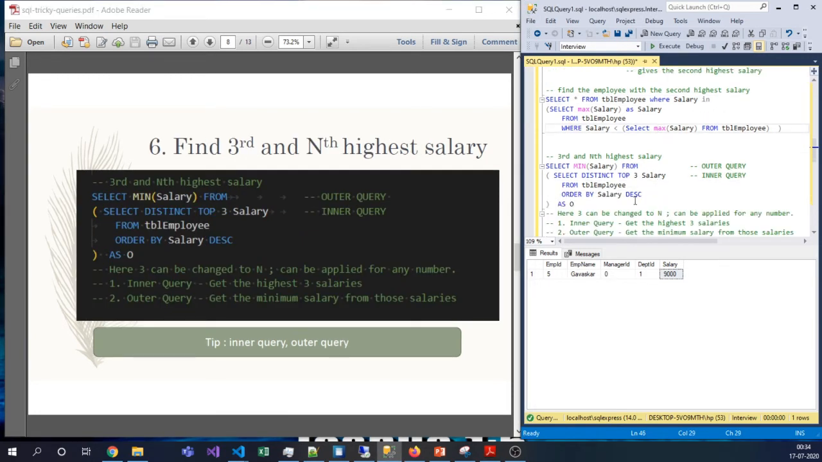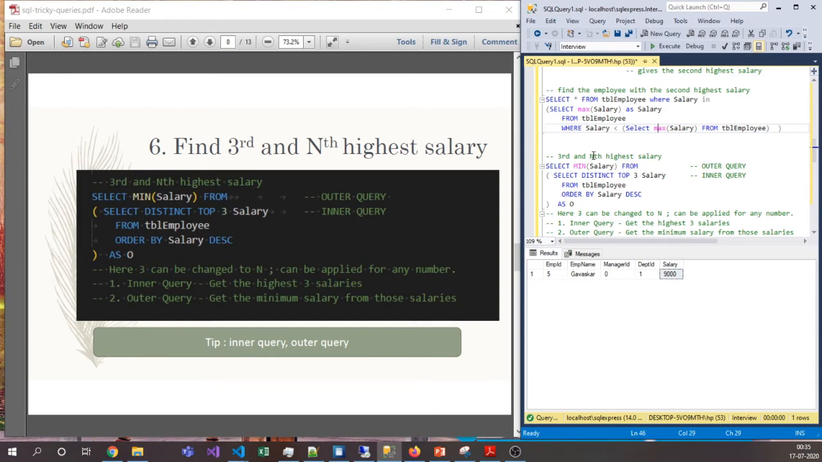It's again one step more challenging or complicated than the previous one. So we found the second highest salary, but sometimes the interviewers know that people will mug up the second highest salary query, so they will come up with finding a third highest salary or fourth highest salary. To find the third or any number, like a fourth or fifth or sixth, there is an easy way or logic. So this query will help us to find third highest salary or fourth highest salary or fifth highest salary or